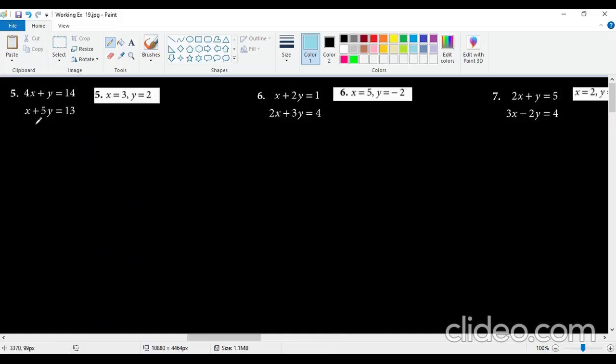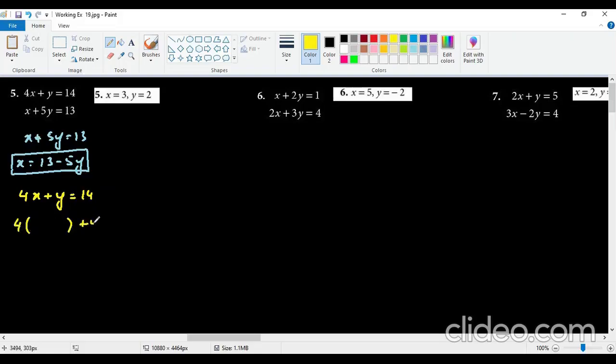Equation 2 tells us it is x plus 5y equals 13. That means the value of x is equal to 13 minus 5y. So this is the value of x. We will write the equation 4x plus y equals 14. Now I will write the same equation with the bracket, and in the bracket I will write the value of x, which is